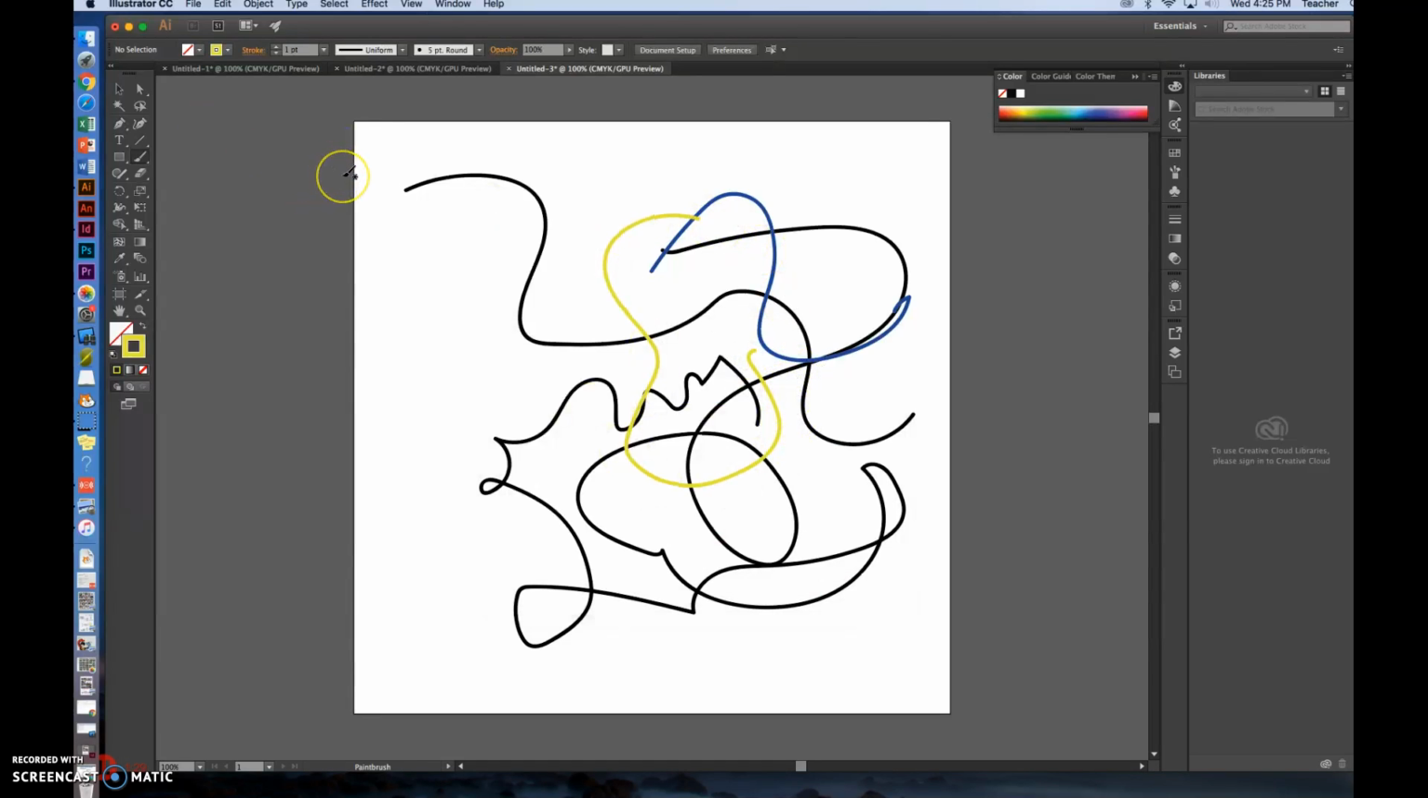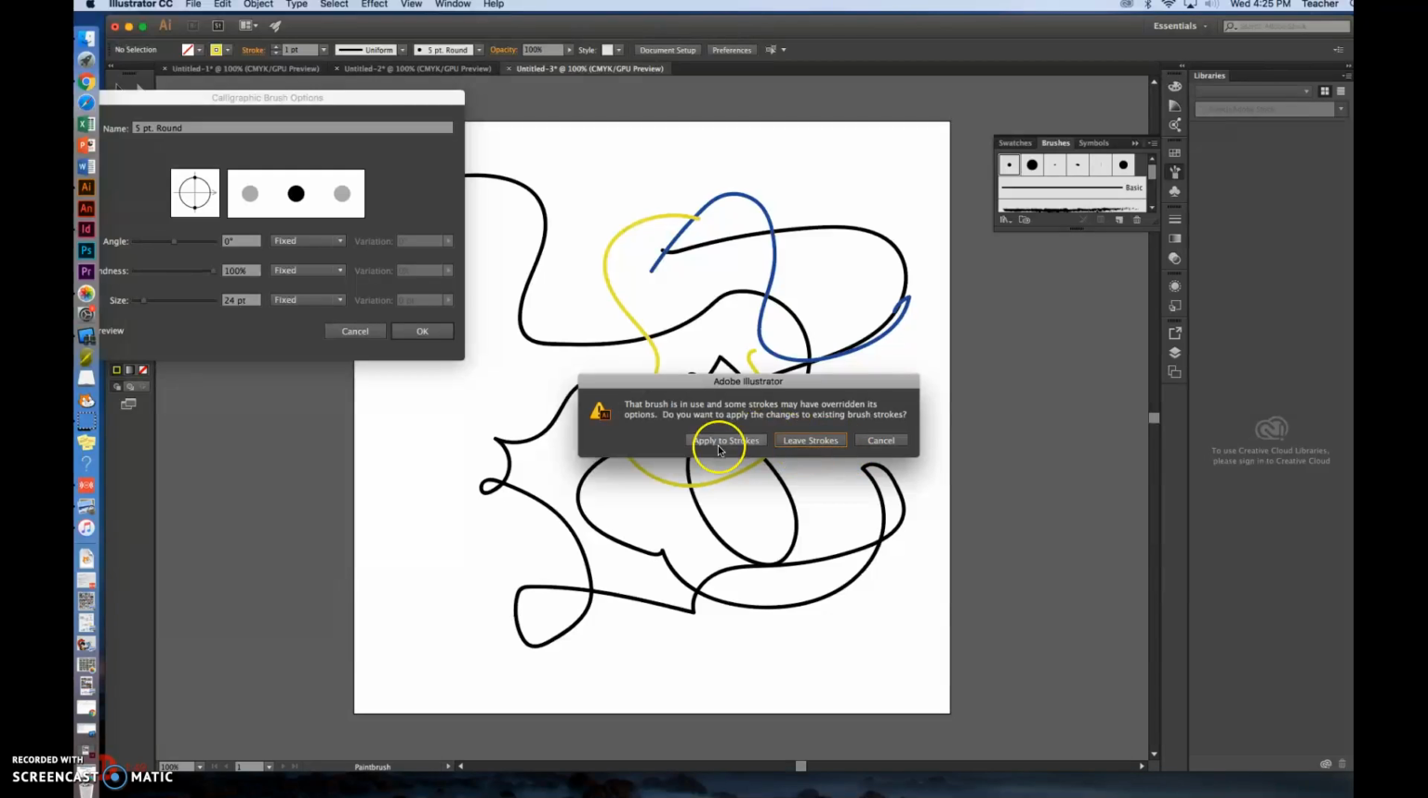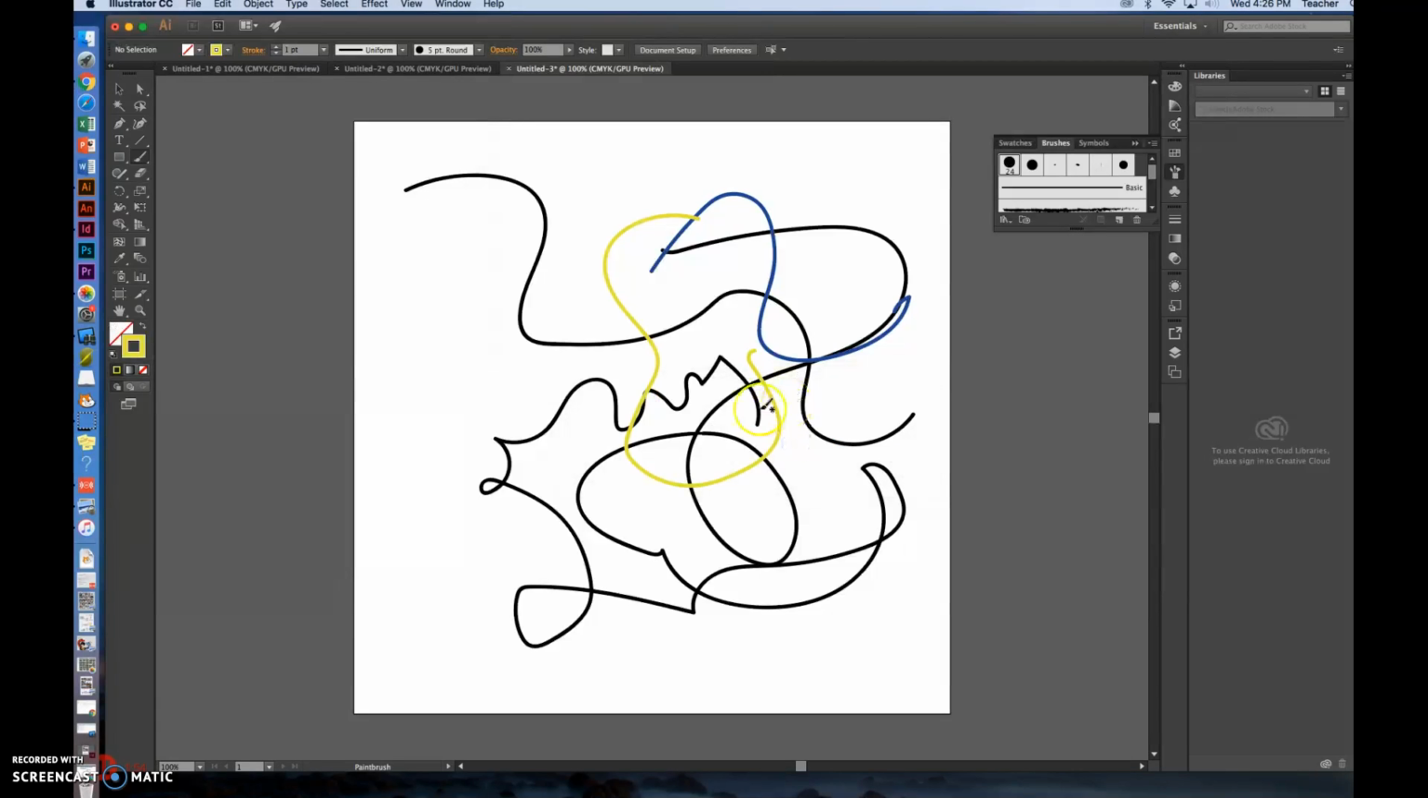Okay, now I want to change the thickness of my brush stroke. So what do I do? Over here on your right, you have a paintbrush panel. I'm going to click on that, and this is the paintbrush I'm using right now, a 5-point round. I'm going to double click that, and I can change the size of my brush. It prompts me, should I apply it to the strokes I already have, or should I leave those strokes? I'm going to leave those strokes alone, but now when I paint,